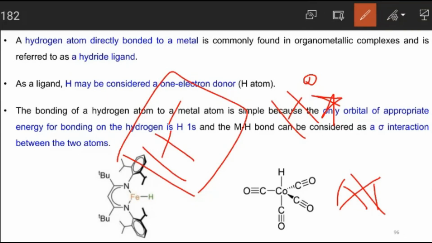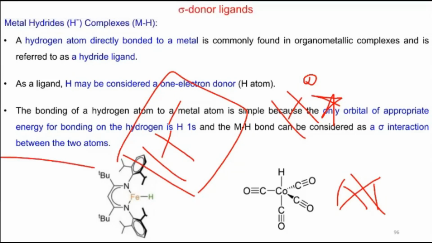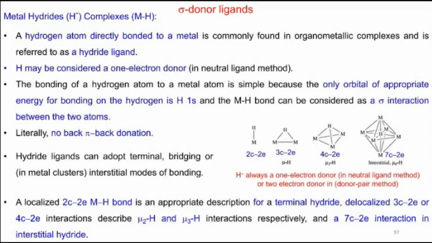it is, because the physical properties of the metal hydride are almost the same. They are mostly like an organic compound. Only on that basis could we understand that the metal hydride is actually an organometallic ligand, not on the basis of bonding. And this H minus can be terminal, can be double bridging, can be a triple, or can also bridge